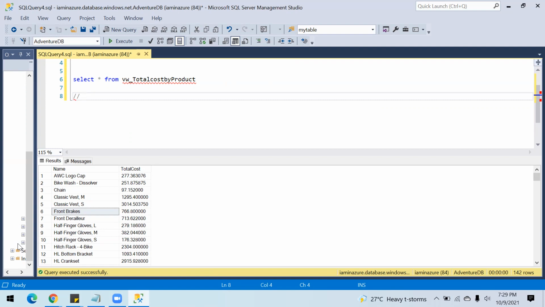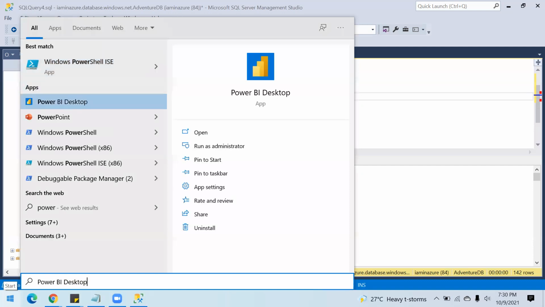To give you a basic understanding, you can fetch data from different sources. The data can be in some storage like blob storage or some file share, or it can be on SQL Server. It can be on-premise, or it can be hosted on some cloud environment. You can get that data and show it in a visualization way. The tool that I'm going to use is the basic one, which is the Power BI Desktop tool.